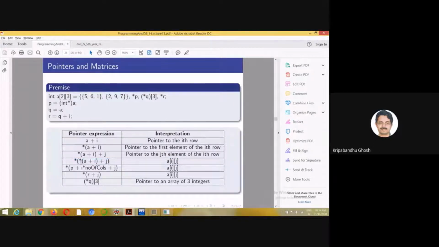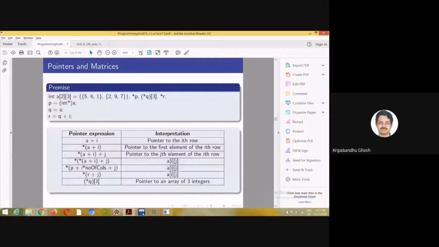Since it is a two-dimensional array, a 2D matrix, this is the way to access the element ij: star of star A plus i plus j. So this is the notation.